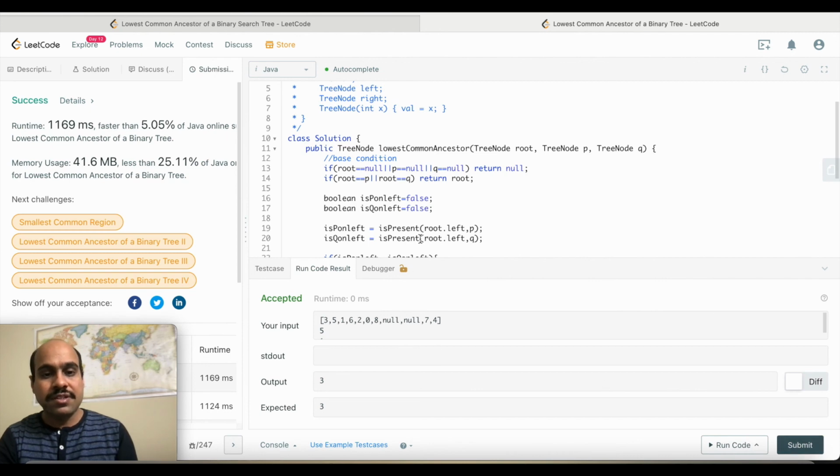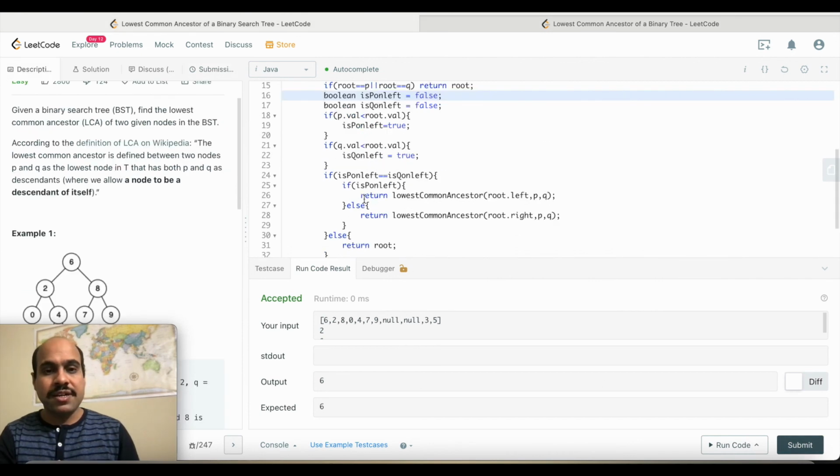So this is done. That's it for today. I will do some more tree problems, and I have also lined up some dynamic programming problems, which I will take probably once I am done with a few more important problems in tree.